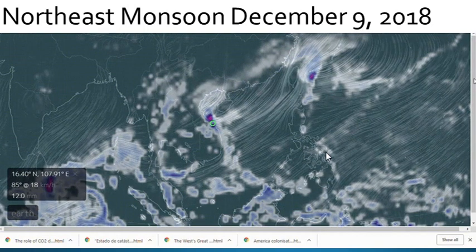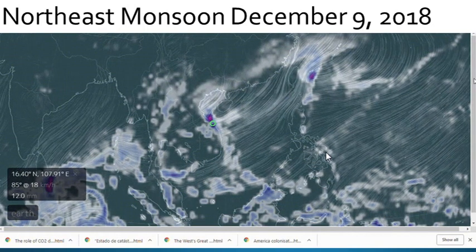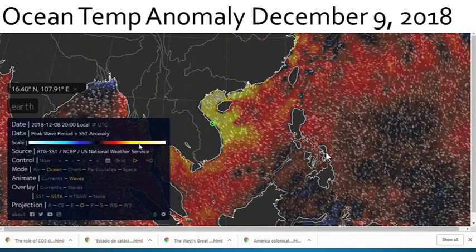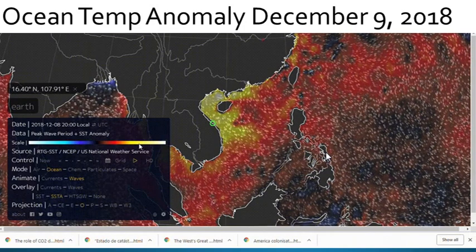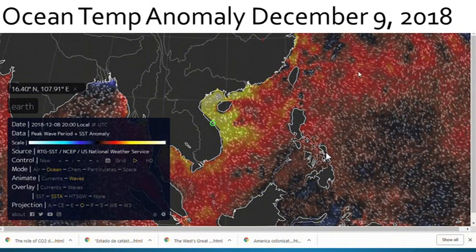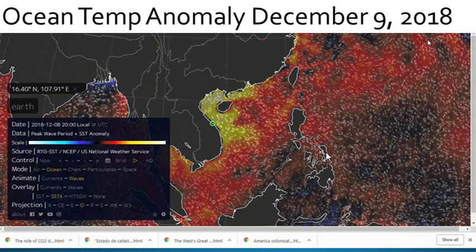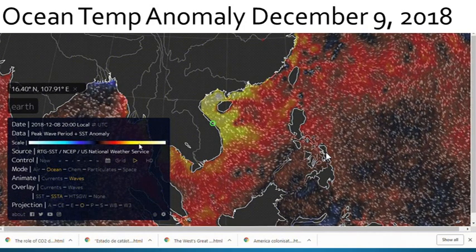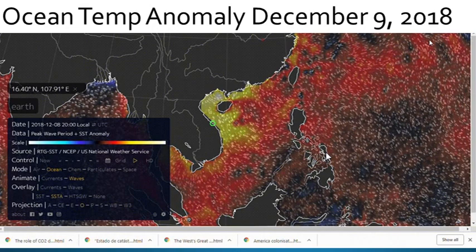What are the northeast monsoon winds blowing over, and where did all that water come from? Here we have a map showing departure from normal sea surface temperatures. The waters northeast of Da Nang are over 6 degrees Fahrenheit warmer than usual, reaching the lower 80s.